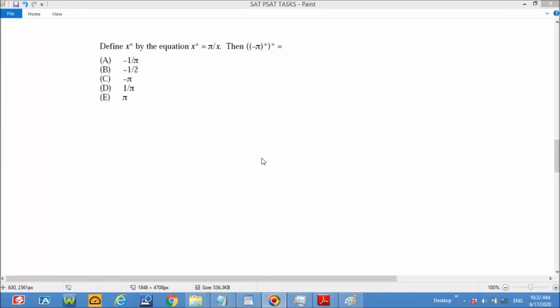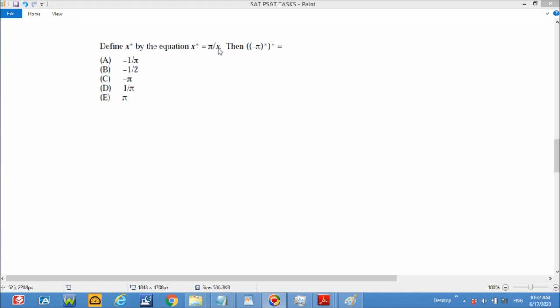We have another difficult task. Count is a hard SAT task, and this is a defined function. Defined functions are very common in the SAT test, and the meaning is that you're given a symbol and the property that defines the symbol. So in this case, you have a symbol, it's star, and this function or property is defined as p divided